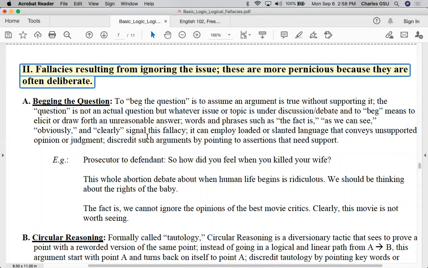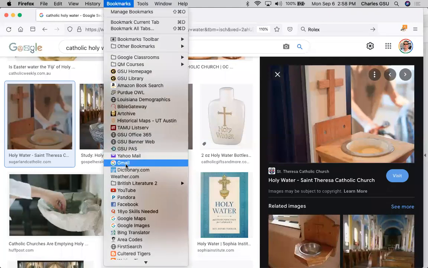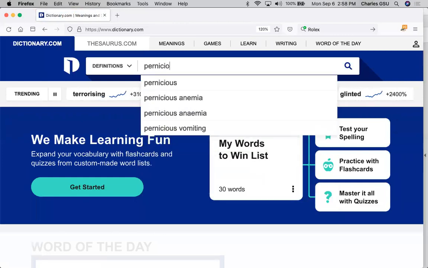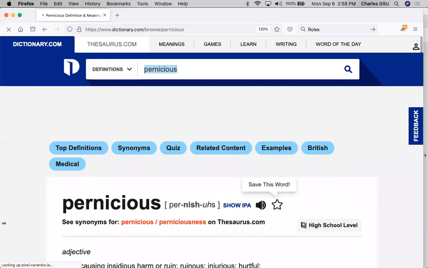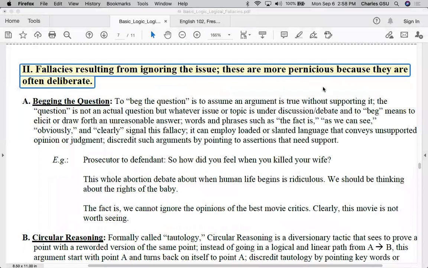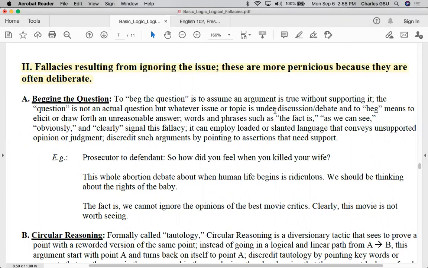Let's move on to the second portion of the logical fallacies. And these are, again, a little more pernicious. Pernicious is a fancy word for evil or malicious, injurious, hurtful, wicked. It is because people often deliberately know that they are not answering the question or are creating a diversionary tactic. Unlike the previous ones, which sort of attempt to answer the question but oversimplify the